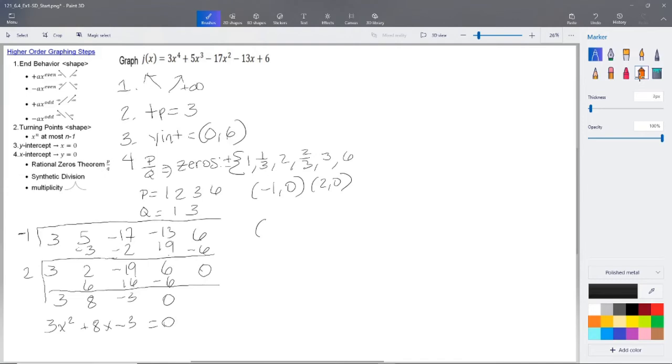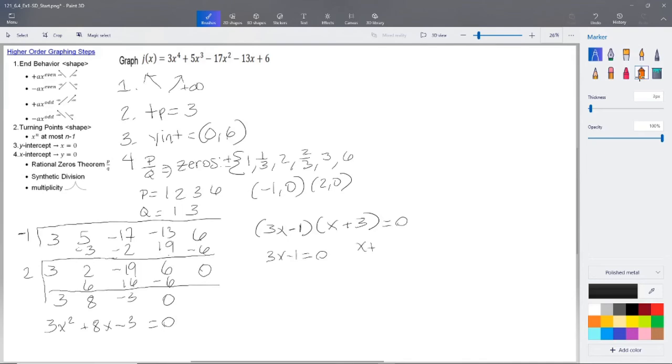There's only one factor of 3, and that's 3 and 1. There's only one factor of 3 on the back end, that's 3 and 1. And since 8 in the middle, and I know that 3 times 3 is 9, let's put the 3 here and the 1 here. Because again, 3 times 3 is 9, and this is 8 in the middle, so that's how we're going to get there. It's a positive 8, so let's put our plus here. And let's put our minus here, because again, there's a minus on the 3, which means 1's a plus and 1's a minus. If this equals 0, which it still does, then we know that 3x minus 1 equals 0,